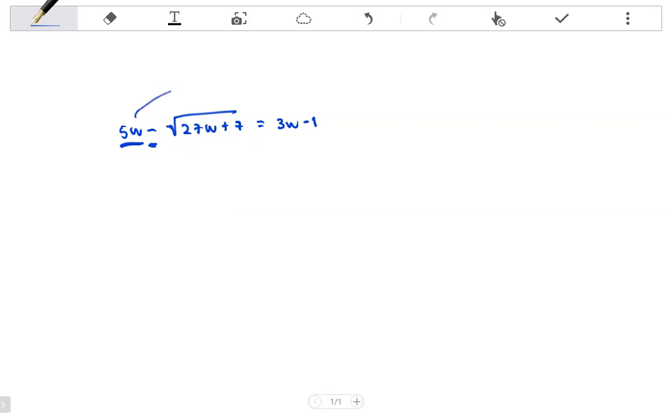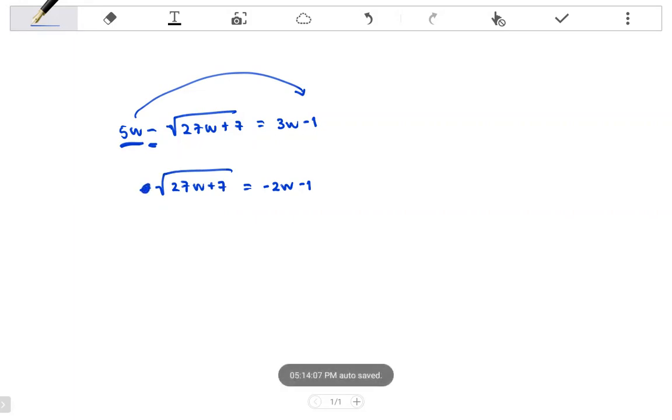If I move the 5w to the other side, I can do that, right? So I'll move the 5w to the other side, which leaves -2w, because we're subtracting 5w. And I'll just get rid of the negative as well. If I get rid of the negative, I'm basically dividing by a negative. So this is going to change to the square root of 27w plus 7, change the signs, so +2w and +1. Okay, from here,